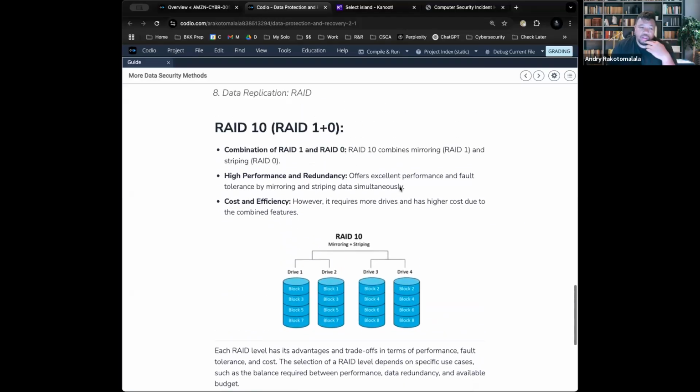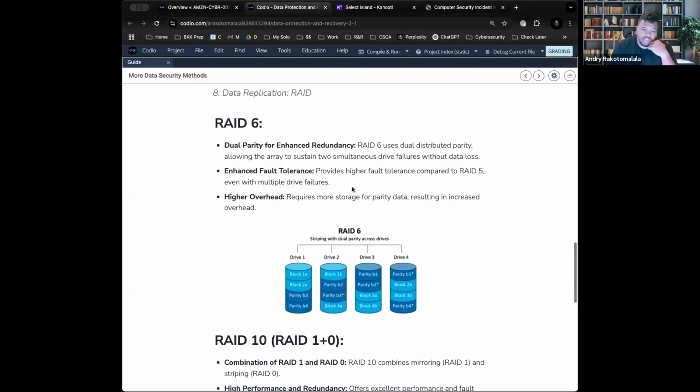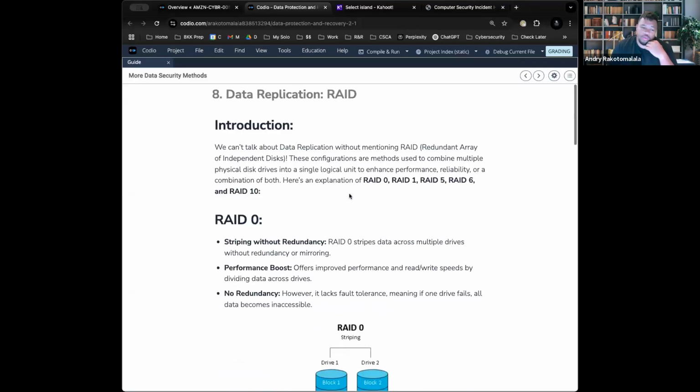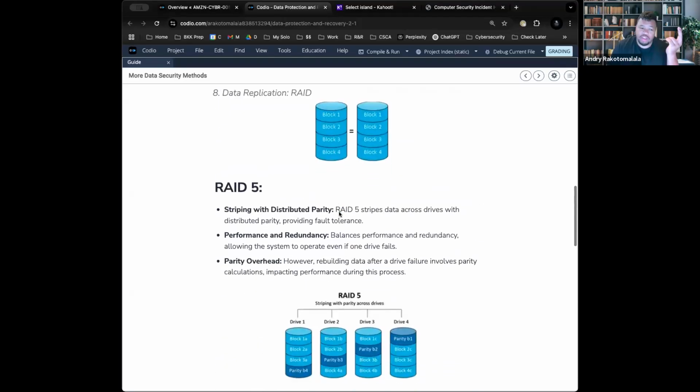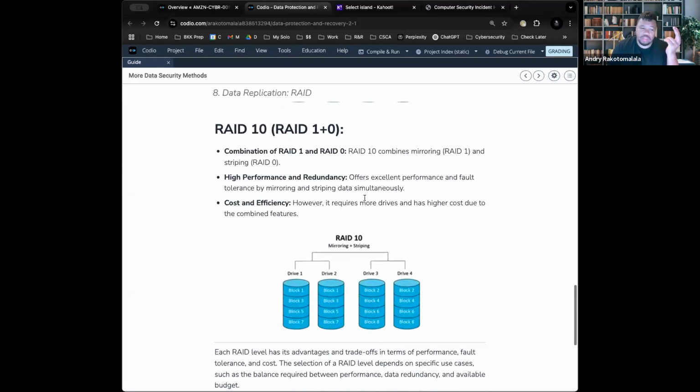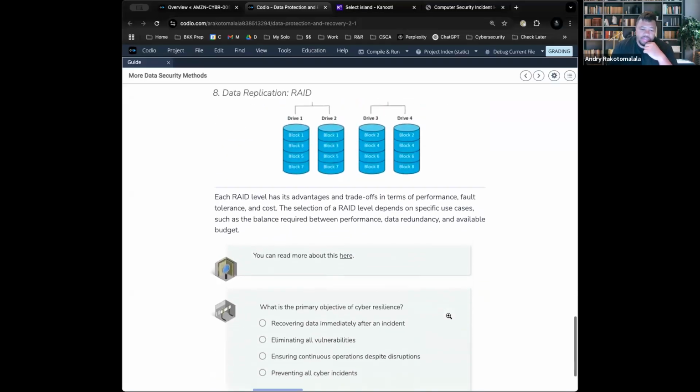However, you have to keep in mind some organizations may not have the money for RAID 1 and 0. They may not have the money for RAID 6. So if you're, let's say, a startup, maybe you might start with a RAID 0 with the idea to scale. If you're a government contractor operating on government information and proprietary information, then you would probably be a RAID 6 because you want to have a bunch of redundancy. You want to have a bunch of error checks or parity, because they have the money for that.